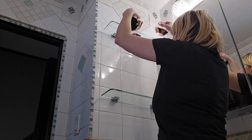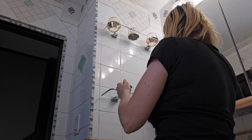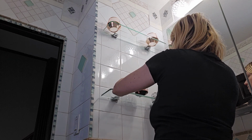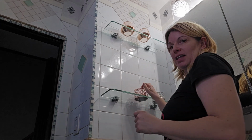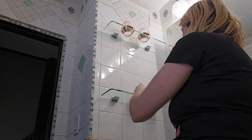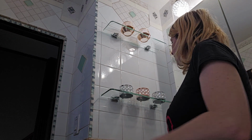There. Put these gold ones up there, and then have the silver ones down here. Or maybe do this. I don't know. I will figure out a placement of these. I think I kind of like that. I do need one more for up there to fit in, because I was thinking if I did...